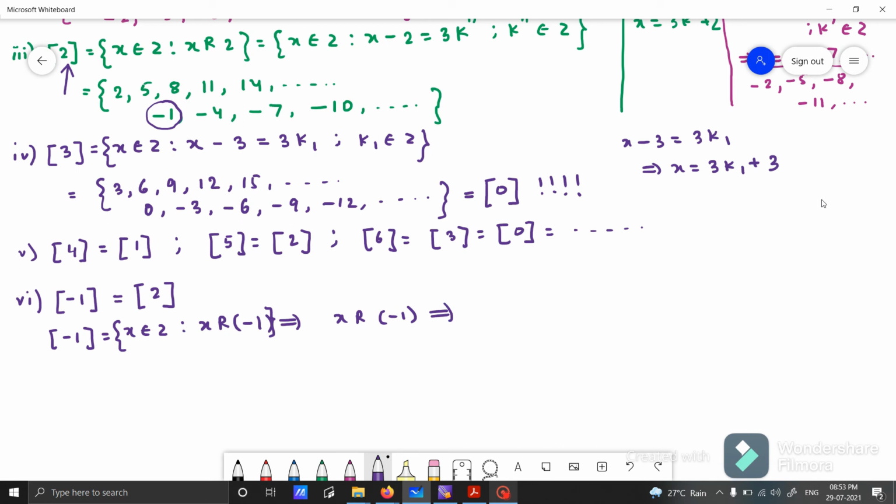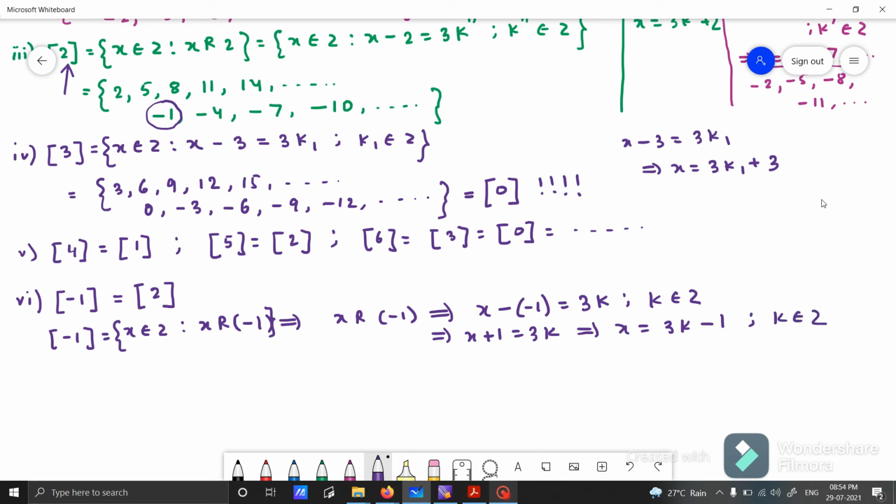It means that x minus (minus 1) is divisible by 3. That means it is some multiple of 3, 3k, where k belongs to Z. That means x plus 1 is equal to 3k and x is equal to 3k minus 1, where k is an